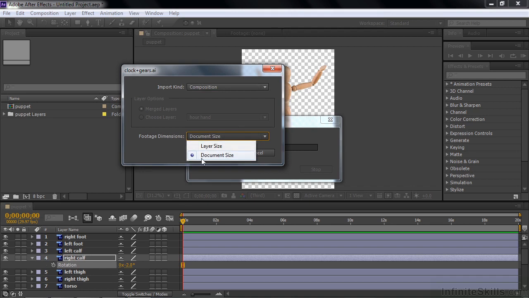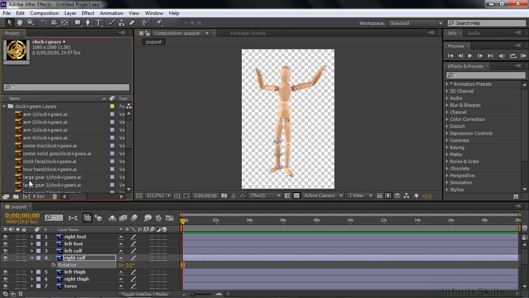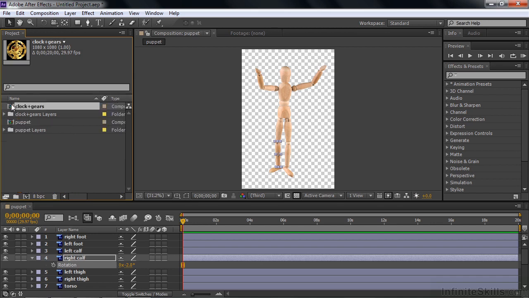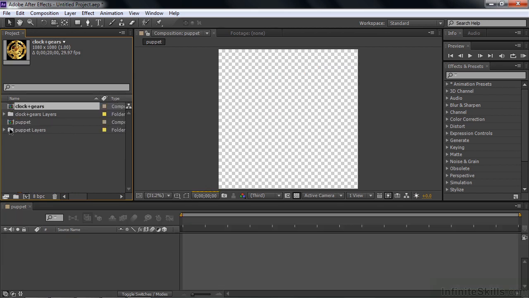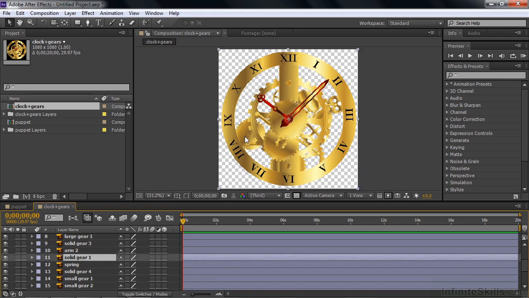But let me show you again what happens if we bring in document size. I'll click that, click OK. And again, we've got all the layers right there, all named the way we named them, arm 1, arm 2, like that. And we've got this composition already made for us. Double click it to open it up. There's the composition right down there. I want to go down here a little bit and look for the solid gear number 1 right there. Now, solid gear number 1 is this guy right there,